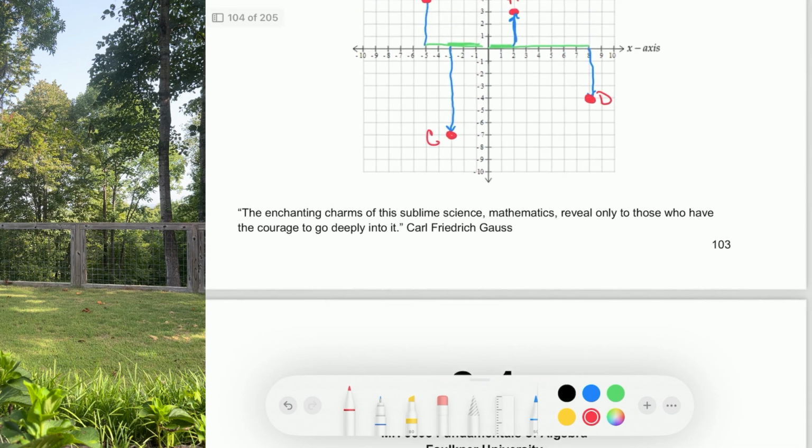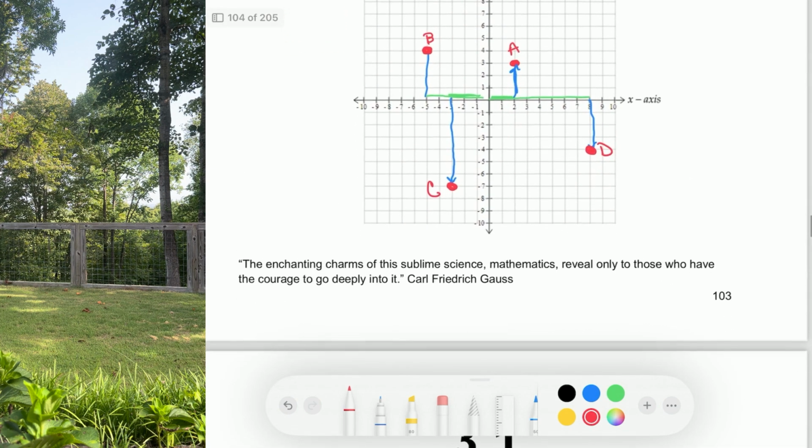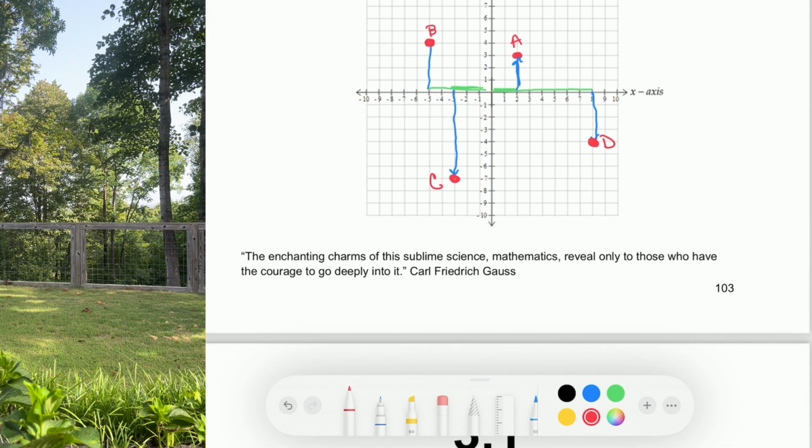All right, so that is the end of this terminology section. Let's look at our quote. The enchanting charms of this sublime science, mathematics, reveal only to those who have the courage to go deeply into